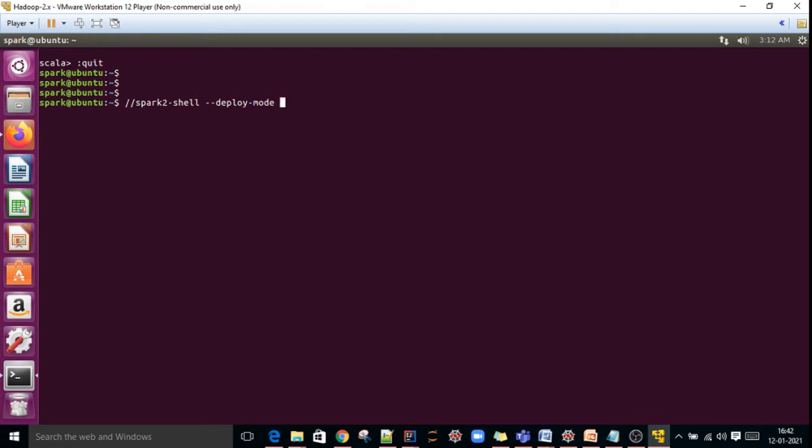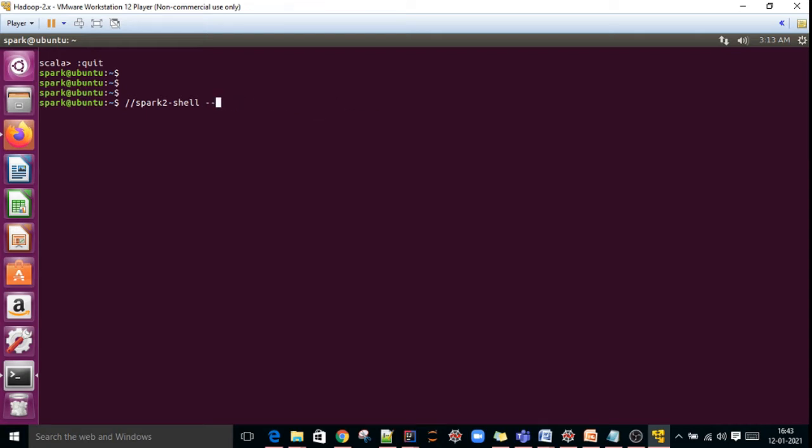So deploy mode client. Every project will have one queue, so we have to mention the queue name, queue equal to ABC. Like that we open Spark shell in the Hadoop cluster.